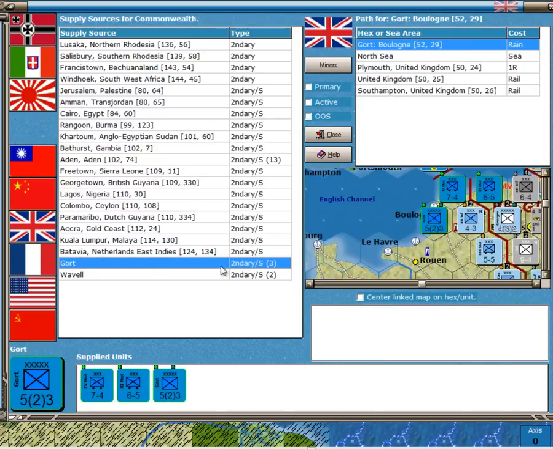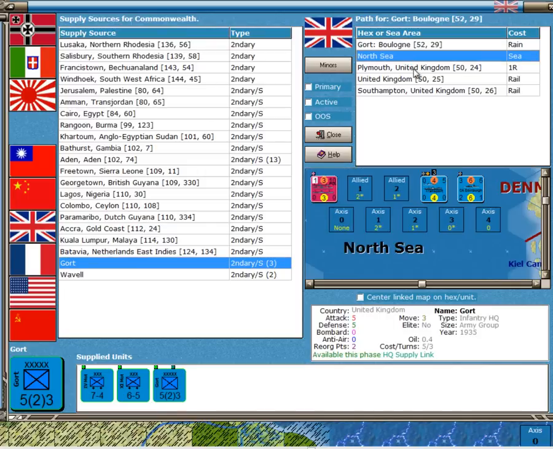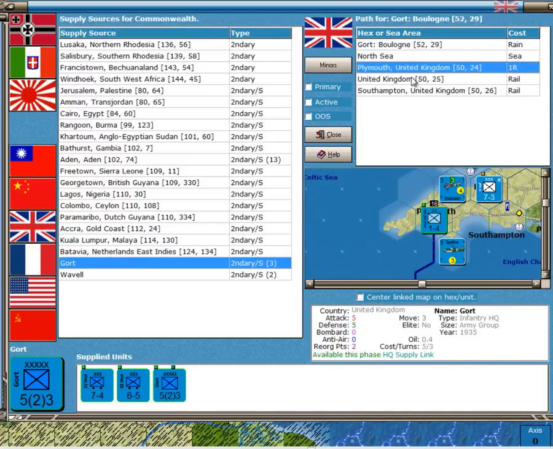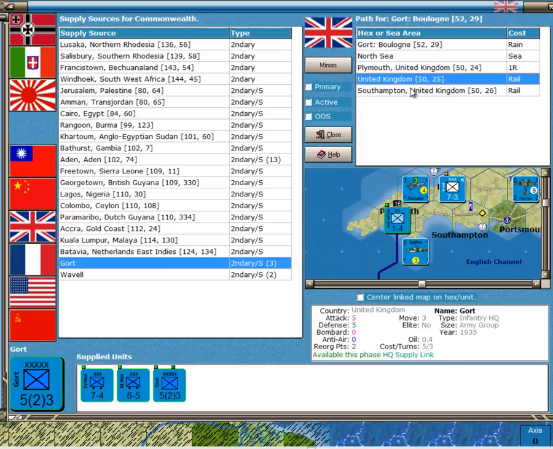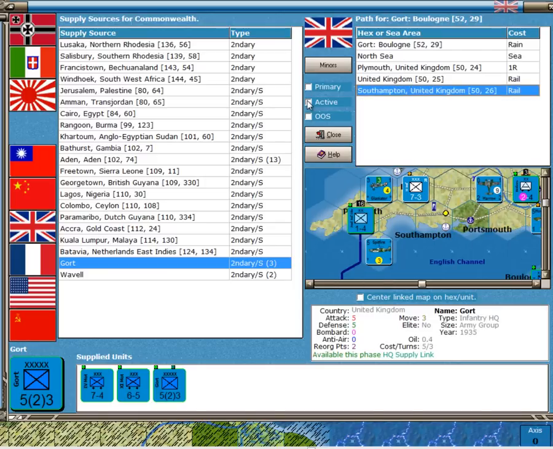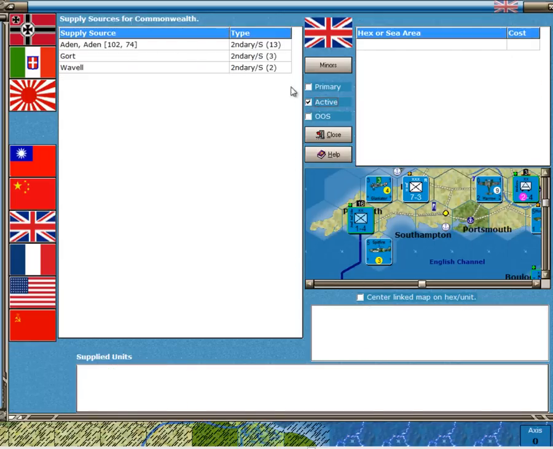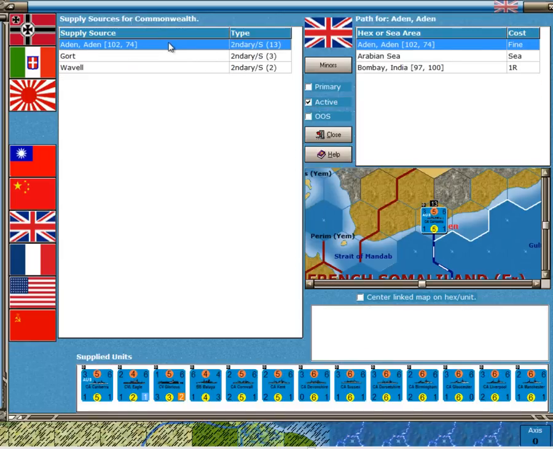Gort, on the other hand, is just over in France. He's supplying the British Expeditionary Force there, which are 2 motorized infantry units, plus himself. And his source of supply is via the North Sea to Plymouth, which isn't a city, so it then goes by rail to Southampton. We can limit this to just the active ones, and we can see that in Aden